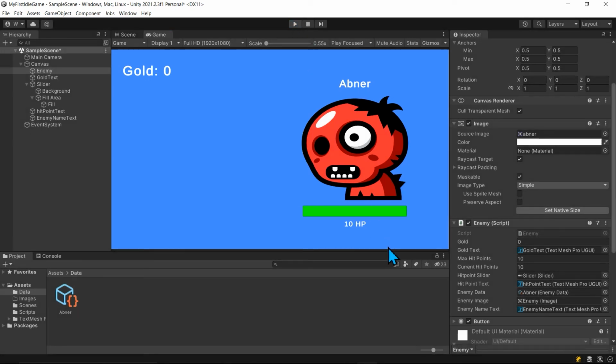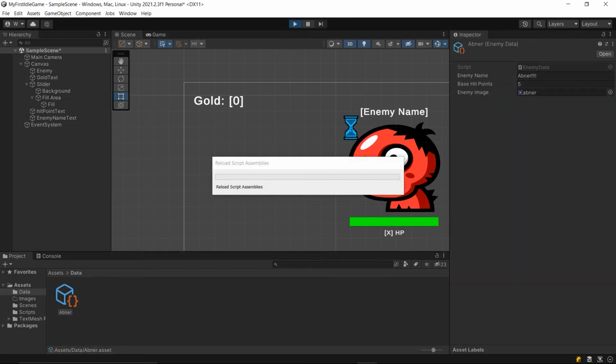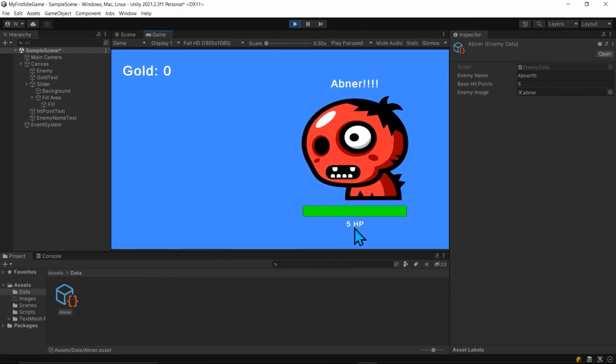Now, one of the things I would do to test this a little bit, we'll put some exclamation points after Abner here, and let's change the base hit points to 5. We'll have less clicking that way. And we'll click. And notice now when it loads this enemy, it says 5 hit points, and we got Abner there. And if I go to 1 hit point left, watch what happens if I change this to 10 now, and I take these off like that and click. It's rereading this, which is important because we're going to be creating other